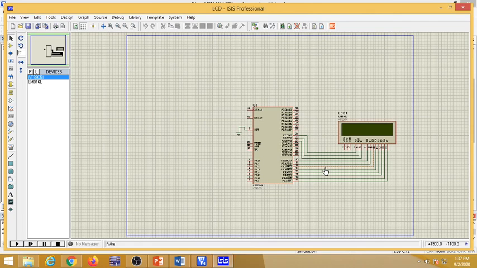Now this file gets opened. Here you pick the 8051 device, and the second device I am selecting is the LCD. That LCD is a 2-line LCD. You can choose any LCD which has 2 lines. Then connect your 8 data pins to a particular port and the enable pins to the respective pins.